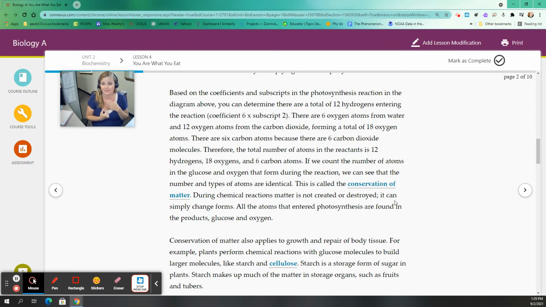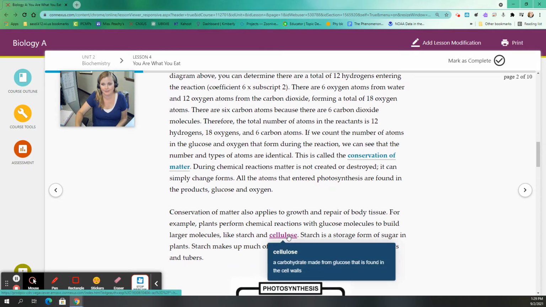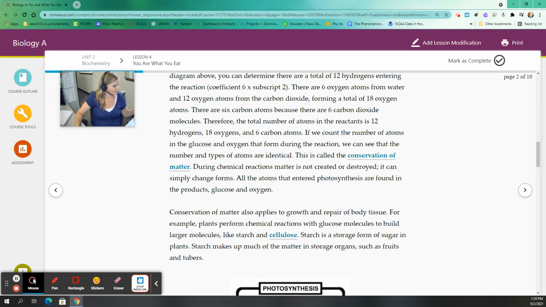So that is a type of molecule called a carbohydrate, and it is made from simple sugars that are all linked together into a long chain to make this cool molecule. Another type of molecule that is made by a whole bunch of different